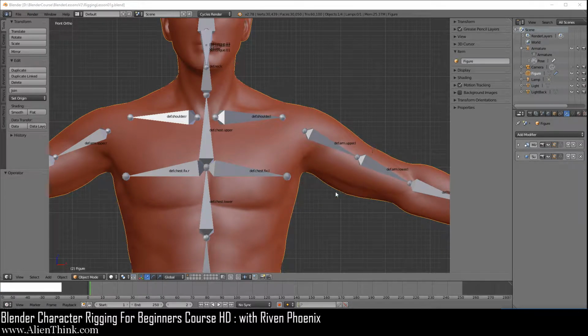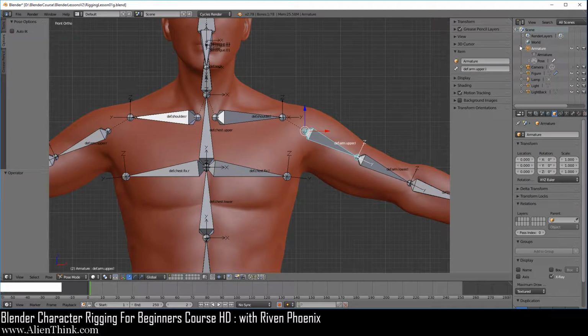Okay, so what we're going to do now is take a look at a few additional options when it comes to working with bones. What we want to do now is get a better understanding of this idea behind parent-child relationships. If you click on the armature and switch to edit mode, you have already seen that in edit mode we can place the bones and establish the parent-child relationships.